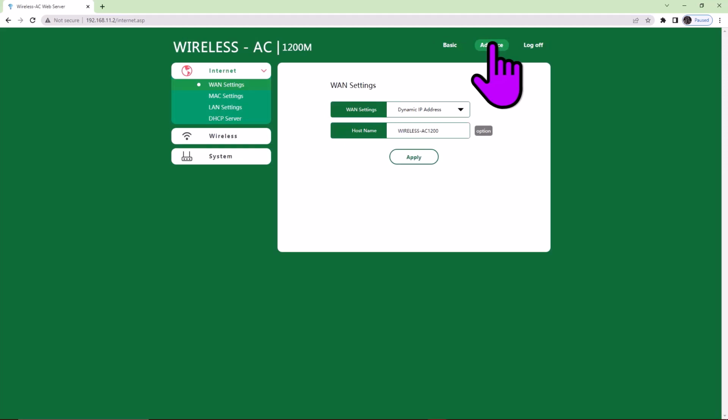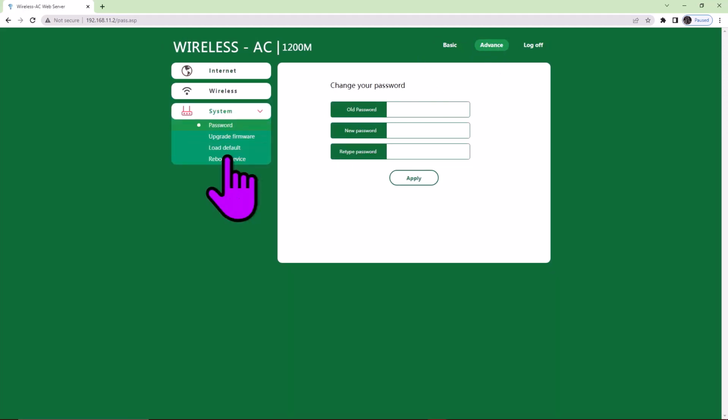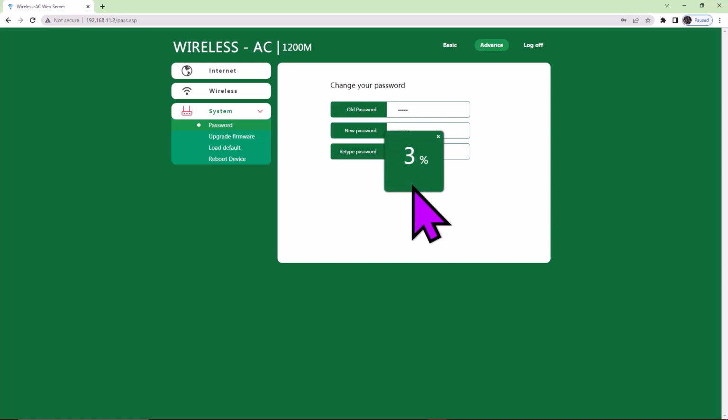Then next, we click on advanced, then go to system. Yes, that's where you're going to change your password. You click system. First, you input the current password. In our case, our current password is admin. So you put admin. Then you go ahead and put what you want to use as a new password and